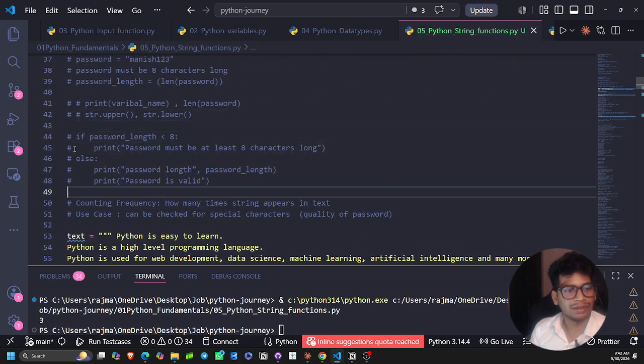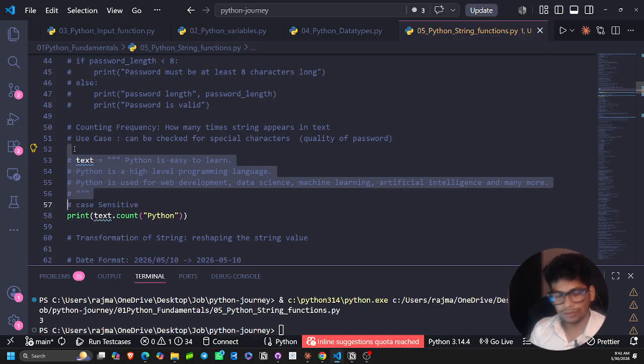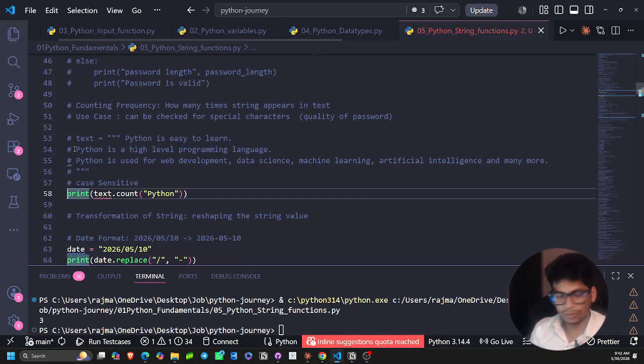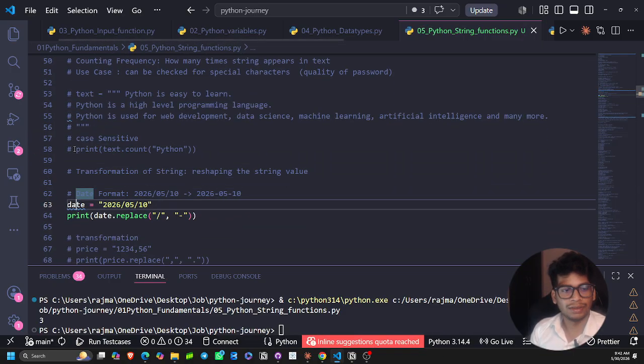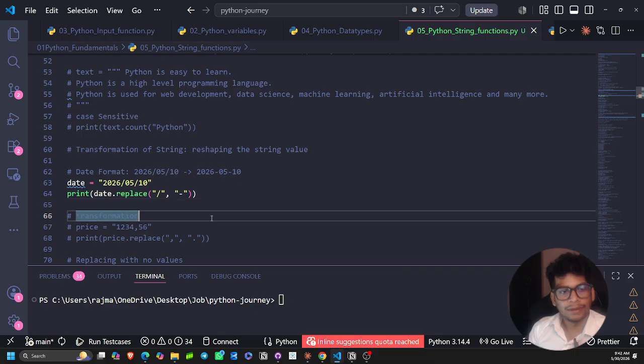First let me just comment this, because I want the terminal to give just the output which we are expecting. Clear. Okay, so the date is this, and we want this forward slash to be replaced by